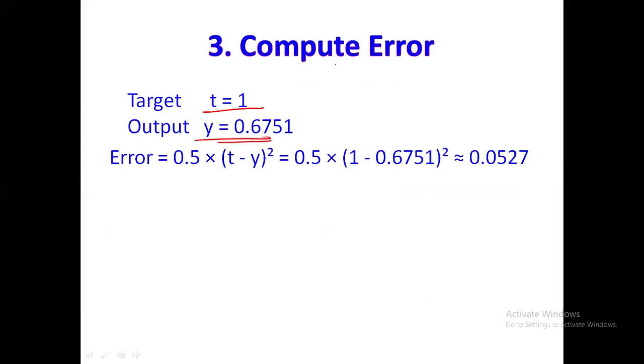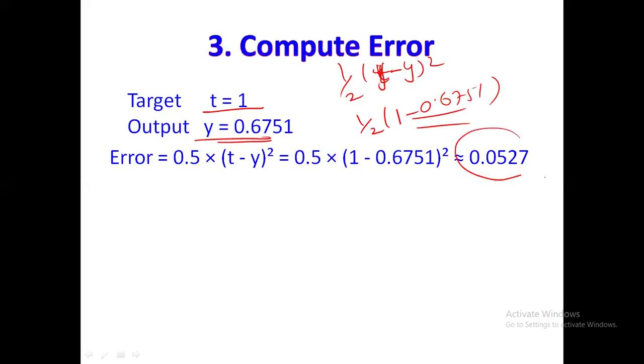The error formula is given by 1 half into (t minus y) the whole square. So 1 by 2, target 1 minus 0.6751, whole square. If we are subtracting and taking square, we are going to get 0.0527. What we are going to do is, input layer, hidden layer, and here the output, and the output we got